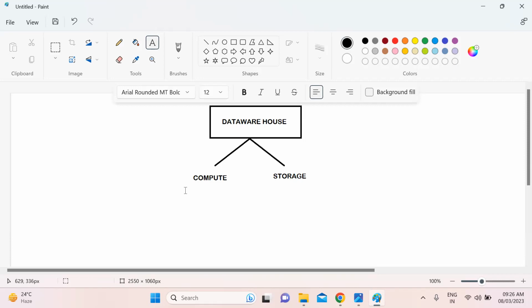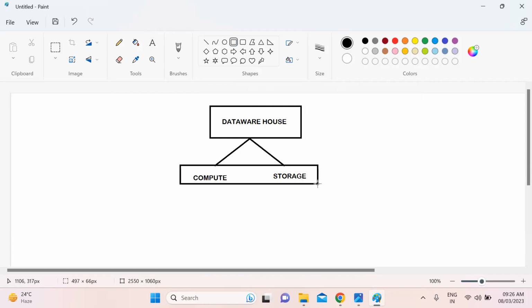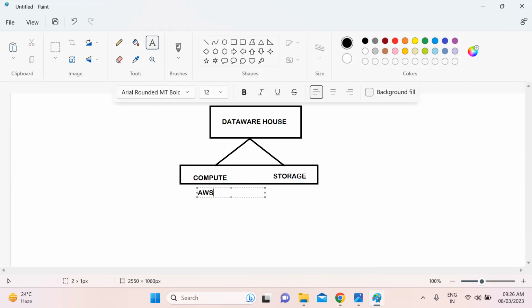Whereas this compute and this storage will be coming from AWS Cloud, Azure, GCP, the cloud vendors.